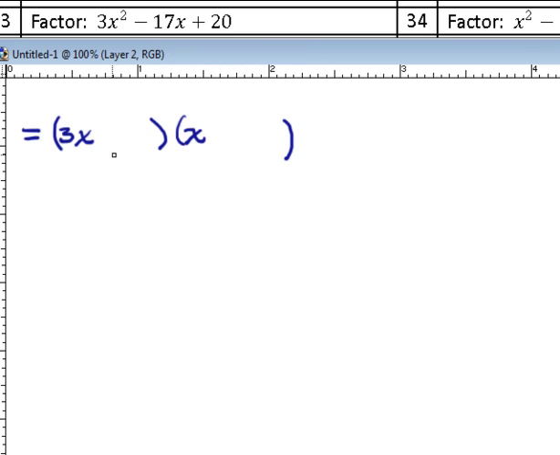And because of the negative in the middle, we have a minus minus as our 2 signs. All right, now in the last places, we want to put 2 things that multiply to 20. And the sum of our middle terms is going to be 17. All right, so let's say we have 5 times 4 is 20. If we put the 5 here and the 4 here,